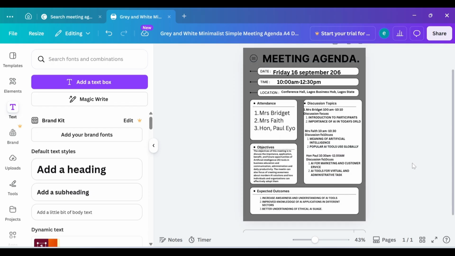Okay, so this is what the meeting agenda is all about. All right, so you must take this into cognizance, which is very important. You need to understand the common tools a virtual assistant can use: Canva, Miro, Microsoft Whiteboard, Google Jamboard, and Notion. Right now, I'm just giving you some other instances that I can also use as well. So you can see that